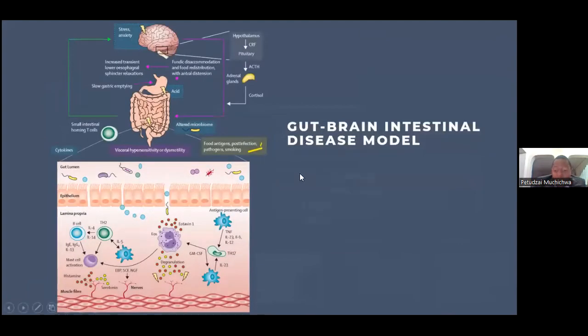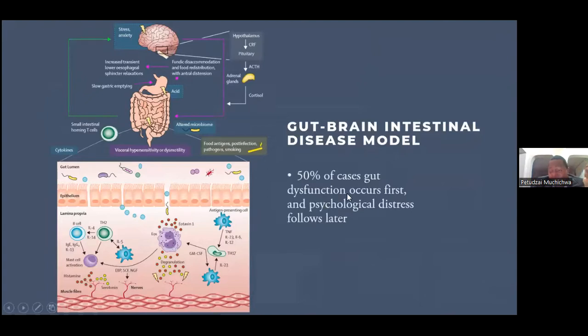Then in about 50% of cases, the gut dysfunction occurs first, compared to the previous model, where the psychological distress follows later. It is hypothesized that in a genetically primed host, environmental factors induce immune activation, the antigen presentation of the luminal antigen, such as the pathogen and food peptides, and T cells drive the maturation of naive T cells,